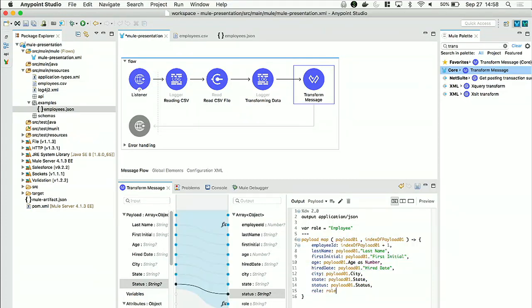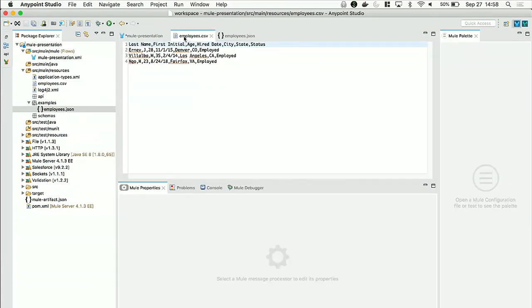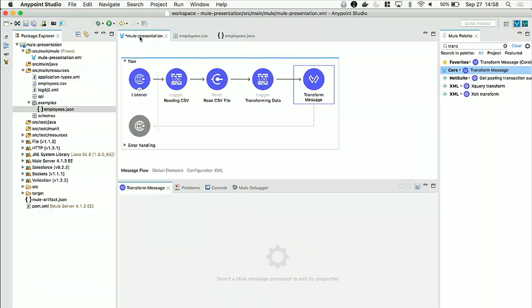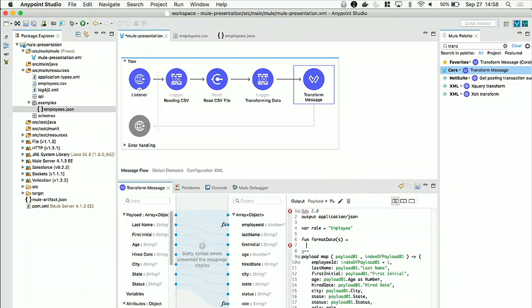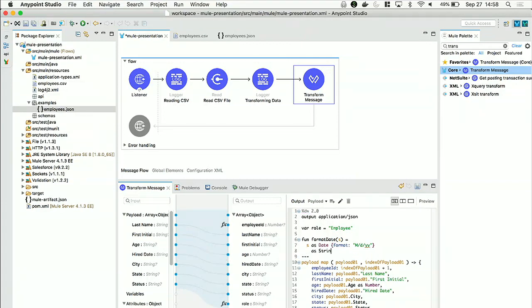So if you remember, there was one more thing we wanted to do. We needed to change the format of the date from the input CSV to the output JSON. So the format for our date is right here. So we're actually going to define this in a function that we can reuse across our project. We can do that using the fun keyword and formatDate. That's the name of the function. Then any input parameters that we have, and then within the body we can define what we need to do. So in this case, we want it as a date. We define the format. In this case, it's like that. And then finally, we want to cast this back to a string in the format that we're looking for, which is,